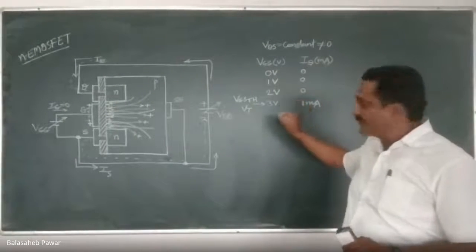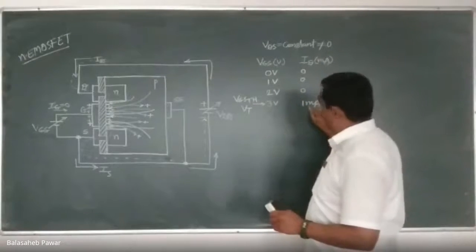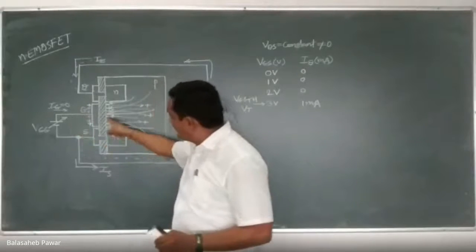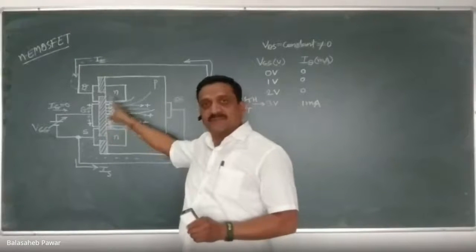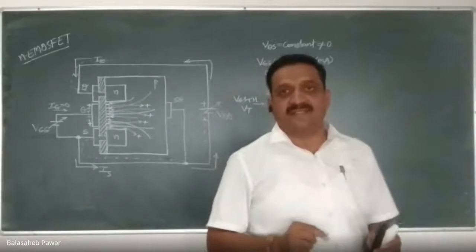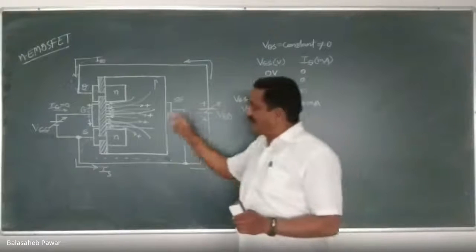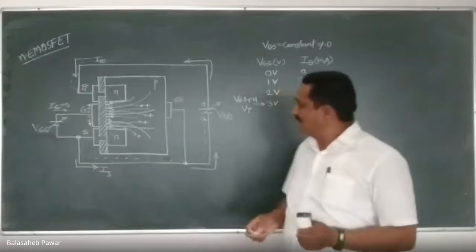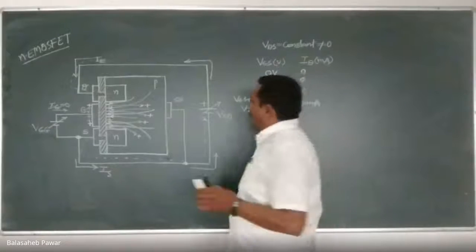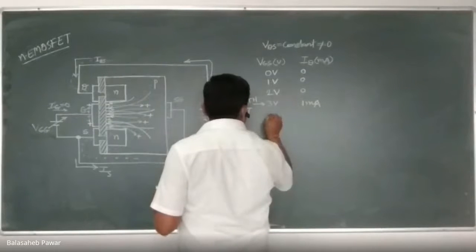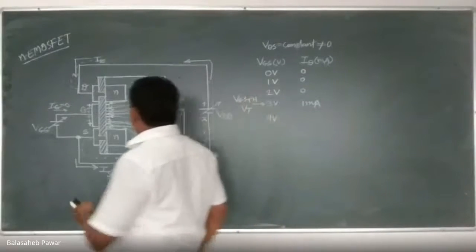If we have to increase the amount of this current, what we have to do is increase the density of this channel, which is formed between drain and source. When the density of that accumulated charge carrier increases, that means its current handling capacity also increases. Am I right? So see, if we increase this VGS to 4 volts, what is going to happen?